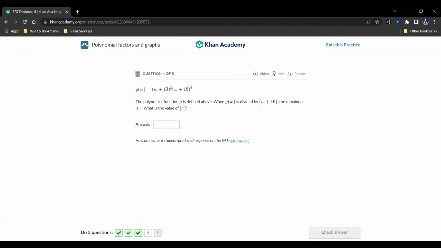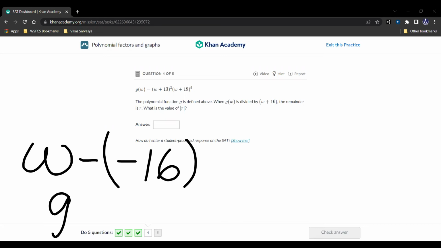G of w equals w plus 13 to the third power times w plus 19 squared. The polynomial function g is defined above, and when g of w is divided by w plus 16, the remainder is r. What is the absolute value of r? Well, let's see what we can do here. W plus 16 is w minus negative 16,